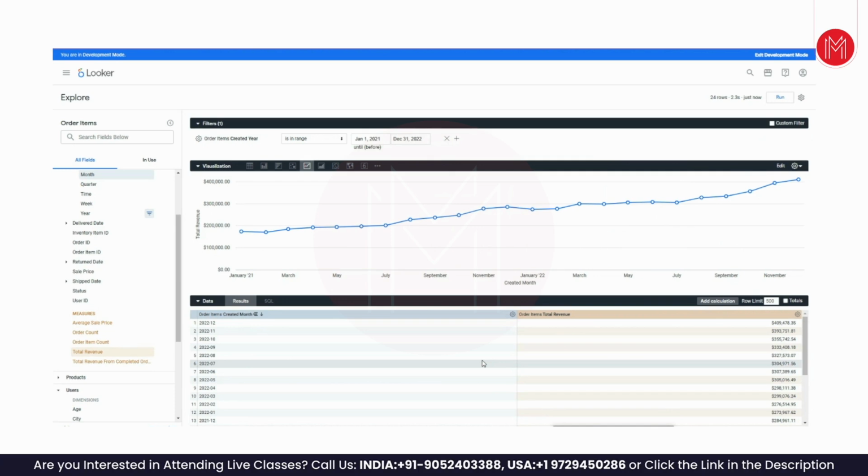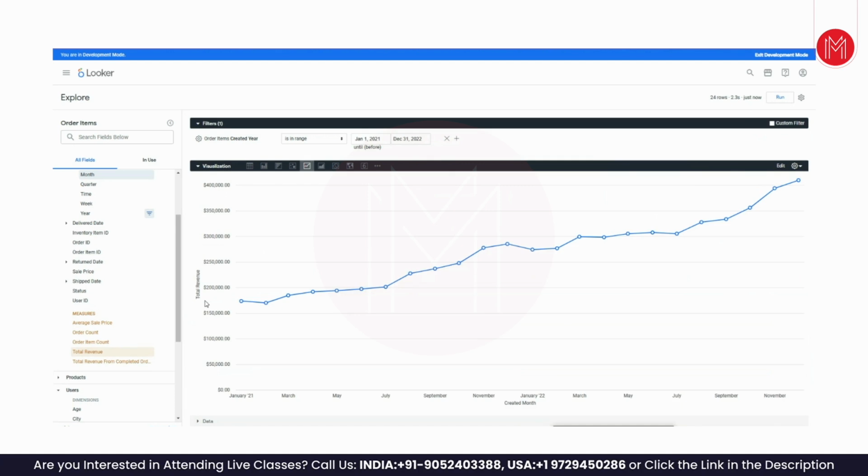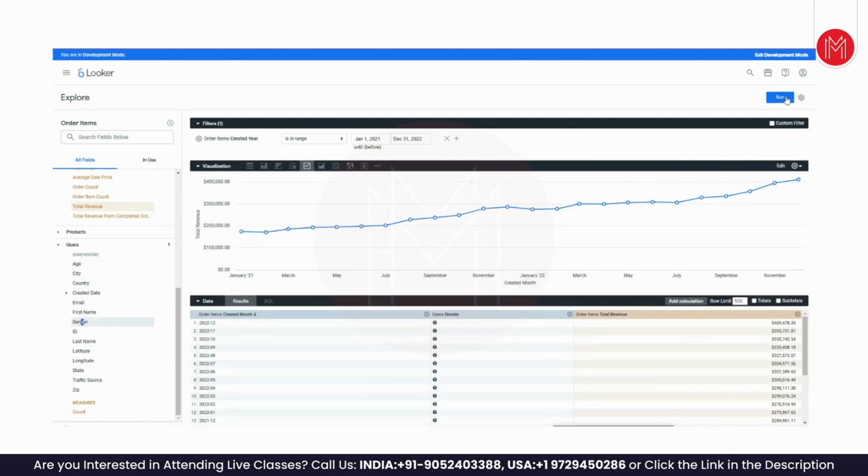What I want to understand is, in the same graph, the spread: how my female users perform and how my male users perform. So based on gender, I want to understand what my total revenue was, gender wise, over time, but in the same graph. Right now we see data over time, but not gender wise. I want to understand how much was the share of female and how much was the share of male. So for that, if I go to users, I have that gender field. If I select this and hit run,